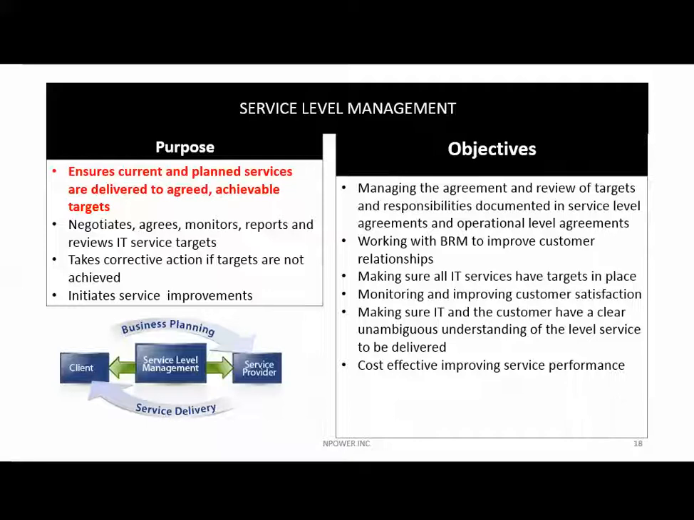We might need to work with the business relationship manager to improve customer relationships. Okay, maybe we've been breaching a lot of tickets, right? And they're not happy over there. My customer is not happy about the service that they're receiving. Me as a service level manager might not be the one to go over there by myself. I might need to call the